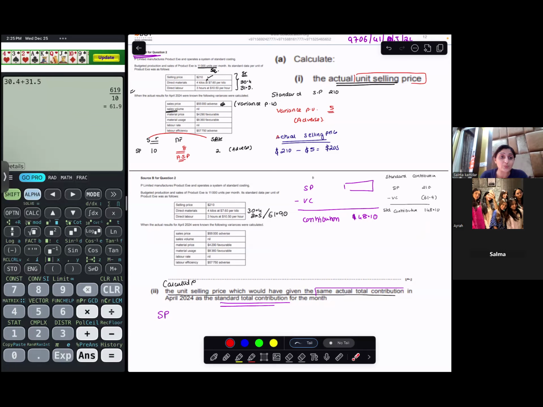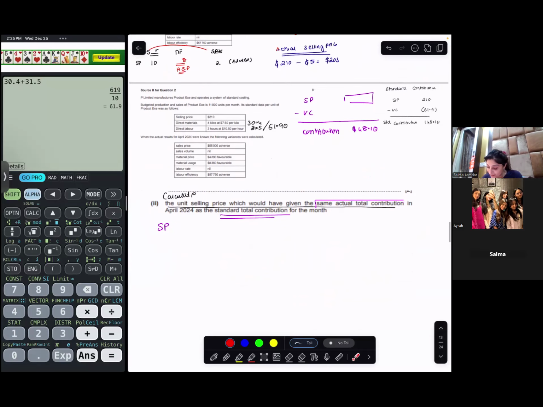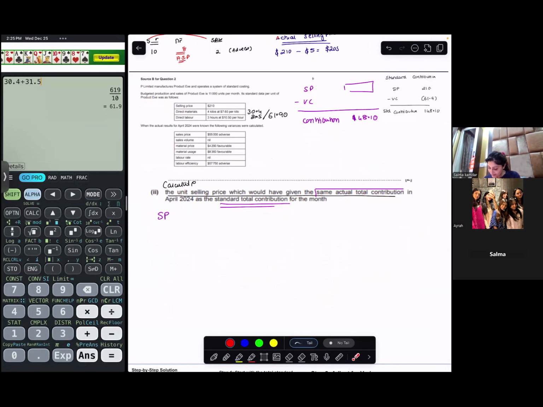Yes. How? You have the labor efficiency rate and the material usage. Maybe you can find it from there. You have the material variances and you have the labor variances. Now understand, if I compare my standard variable cost with the actual variable cost, and the direct material and direct labor variances for the actual are adverse,